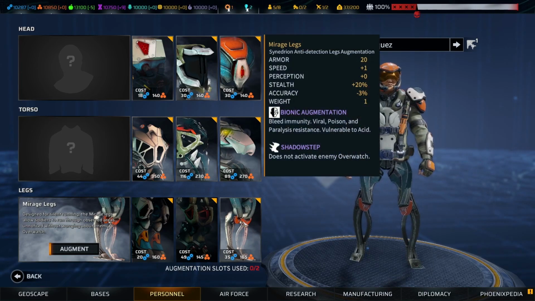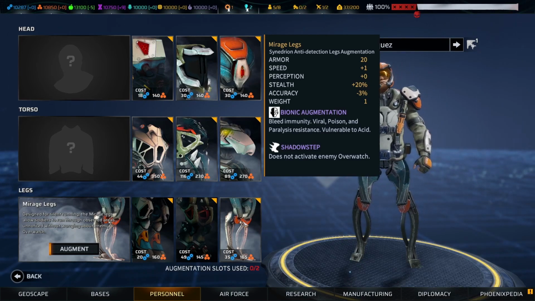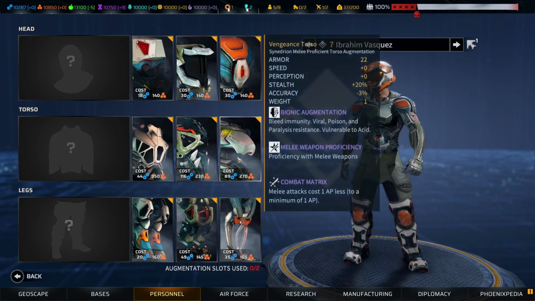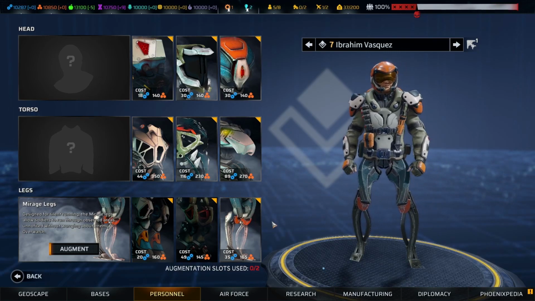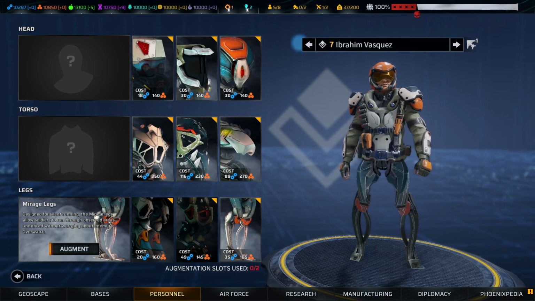The other thing that this one gives you is Shadow Step, which means you don't activate enemy overwatches when you move. Normally, if you're going to do that Terminator build, it's recommended to go with this torso and these legs so that you can run out there and you can avoid getting shot as you're crossing different overwatches. And I'm gonna show you that here in just a second too. So that's